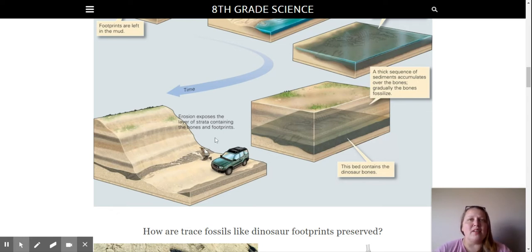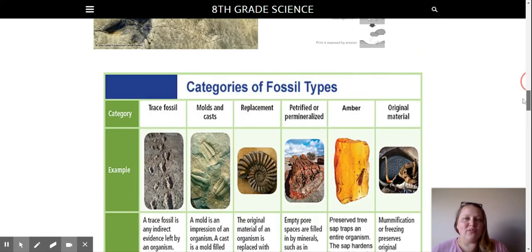Now, if you think of a bone fossil, that's going to be a body fossil. If you think of a footprint, that's going to be a trace fossil. If you think of coprolite, which is dinosaur poop, that is a trace fossil. Okay, and let's look at how trace fossils